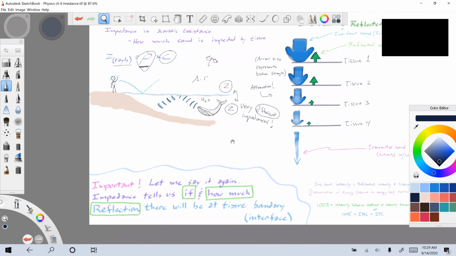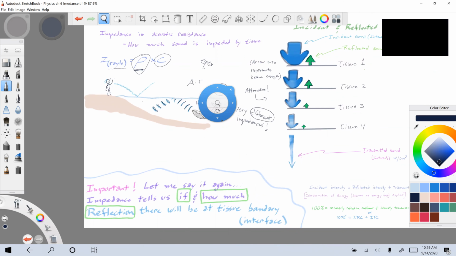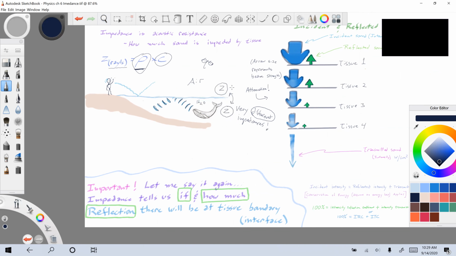So, and we're going to talk more about impedance going forward. We're not really done with it, but important, let me say again, impedance tells us if and how much reflection there will be at a tissue boundary. Actually, let's use my little squiggly here. Let's call these Z1 and Z2. If the impedance is very similar, or let's say the Z is the same,